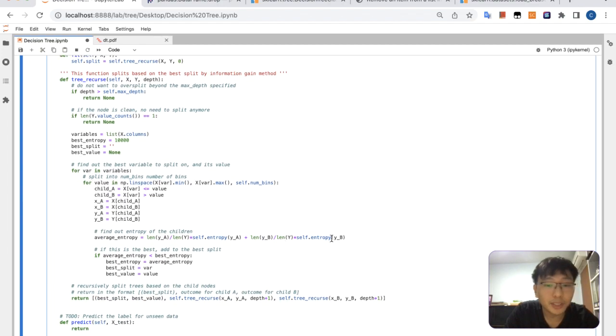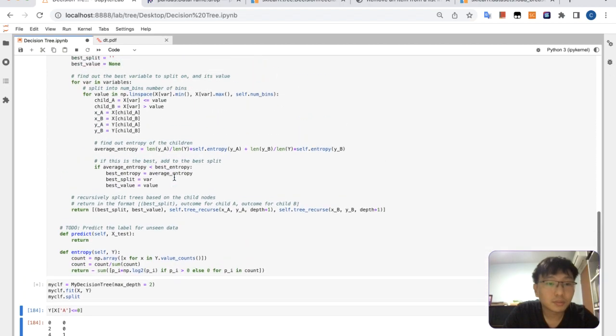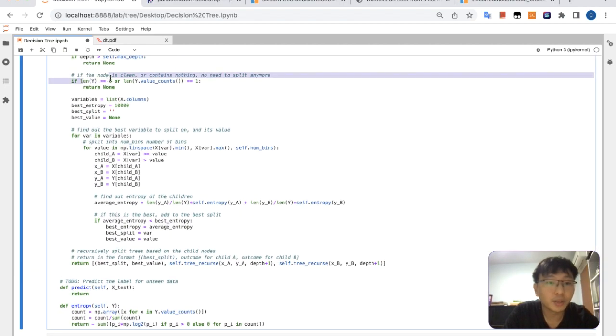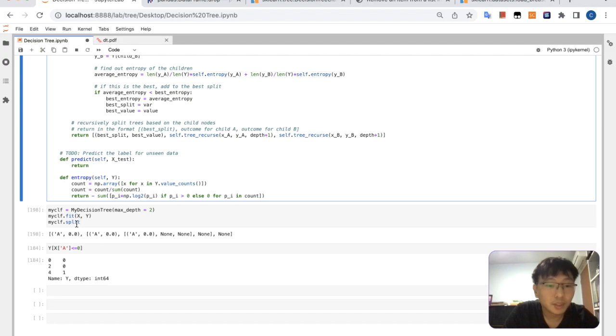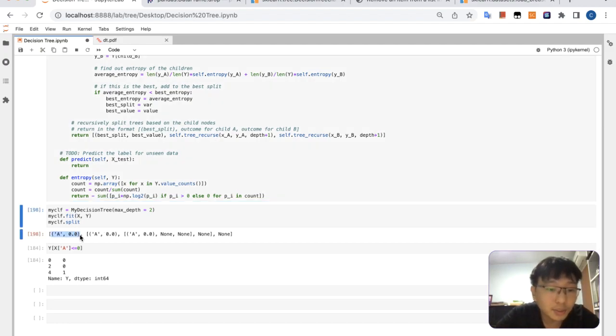Okay, we could have a split such that the split is clean or contains nothing. So we also do a condition to check whether y is empty. So over here we have a split a0, then we split by a0, then split by a0, none, none. Okay, so over here